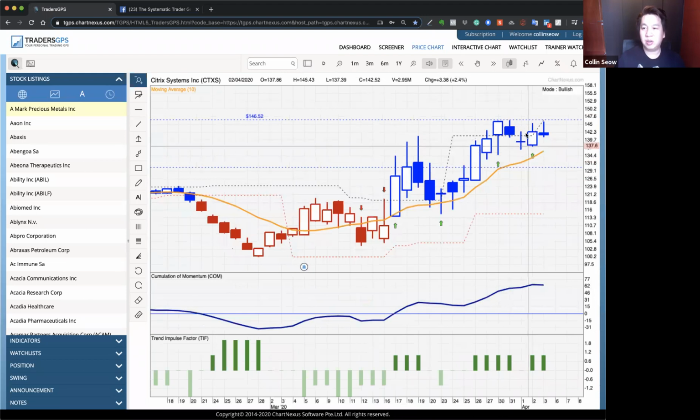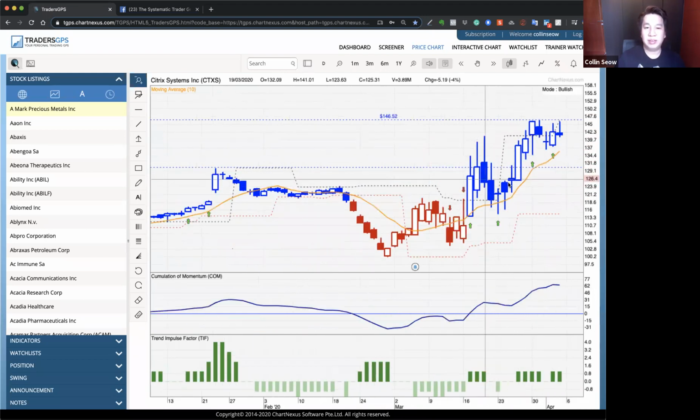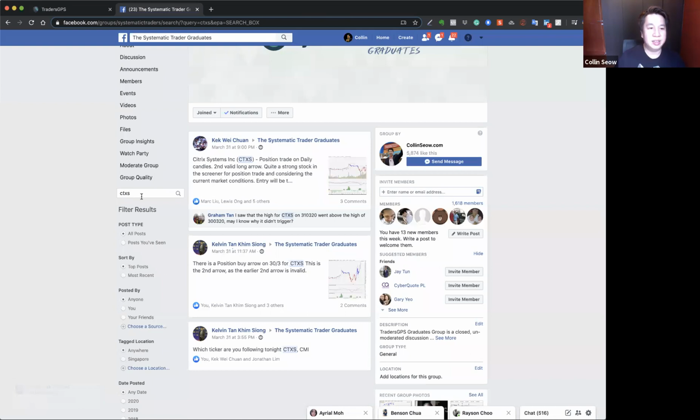But either on this candle, you entered already. So this stock remains strong. So it's something we can look at. CXTS. You can go and do some fundamental analysis on this CXTS stock too. So that's the first one. Second one is